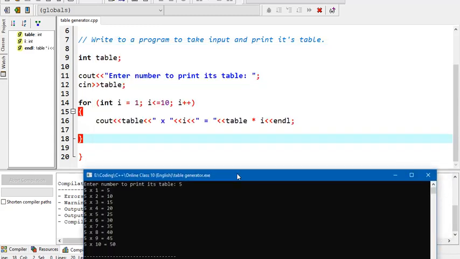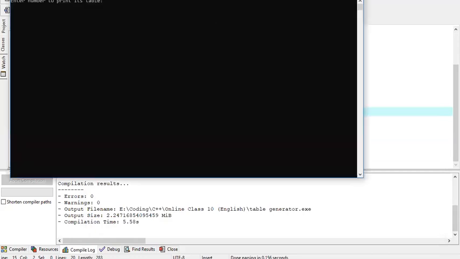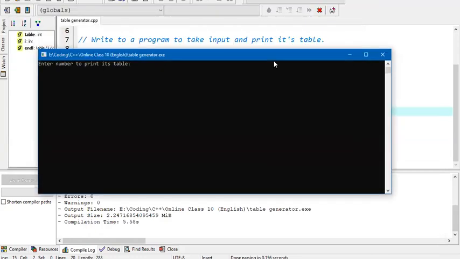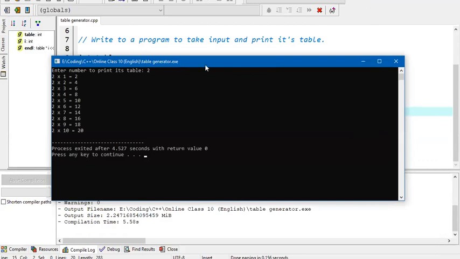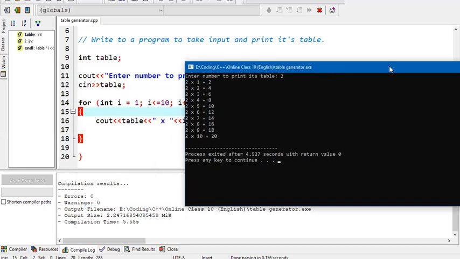You guys can check this code. Let's rerun it. And now I want to print the table of 2. So I'll just enter 2 and you guys can see this awesome result. So how this program works, let's